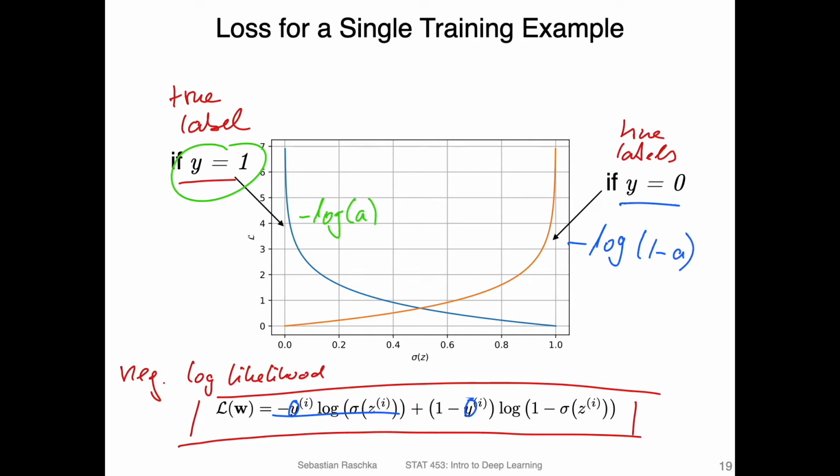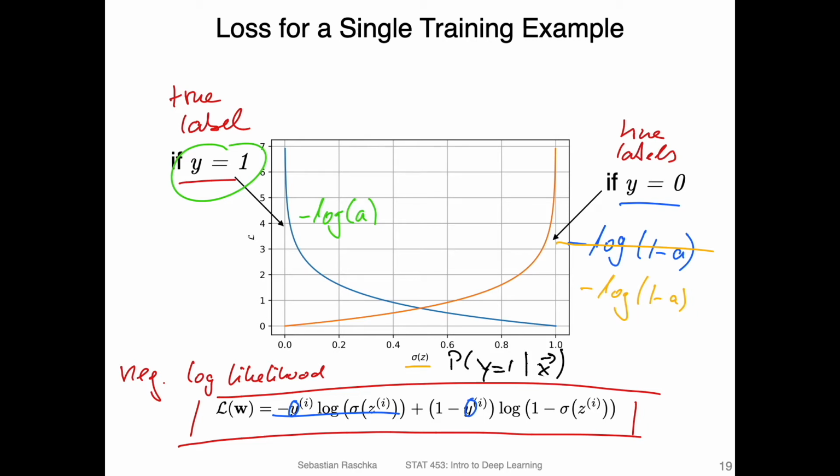Now let's take a look at the shape of these curves here. Minus log 1 minus A matches this orange or yellow line here. So you can see the value here of the sigmoid function. This is really like the logistic sigmoid, the class membership probability. And recall this one is for the class label equals 1. So the class membership probability for class 1, this is really like this probability here.